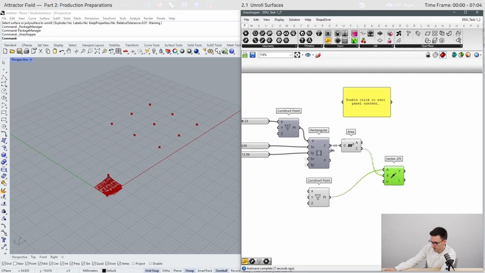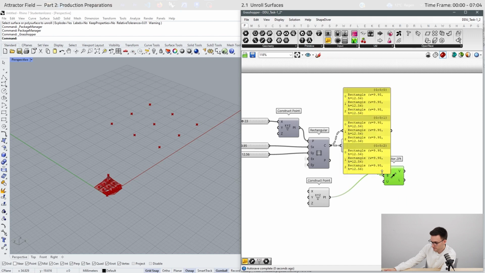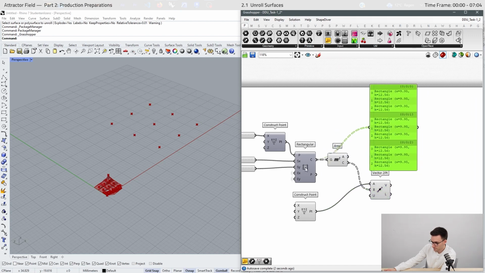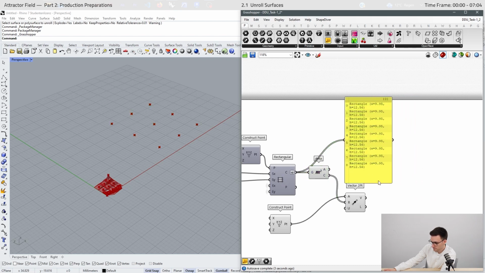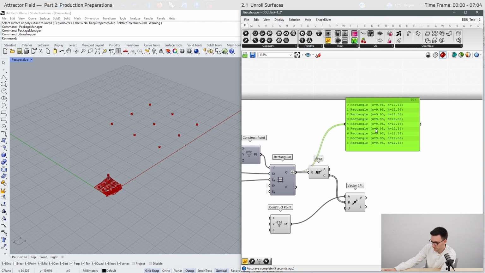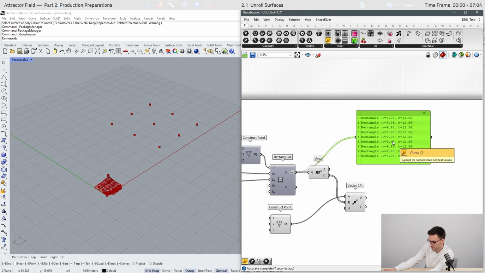When we are creating a grid with this component, we have the list structure of columns and rows, and we don't need this, so we just flatten this list. And yeah, so we have every item in one list.